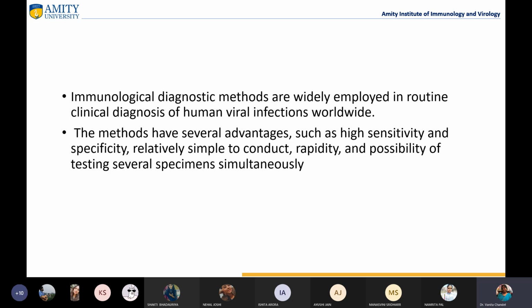So these are the terms which we very commonly use when we talk about diagnostics. We usually say that ELISA tests are very sensitive, but they are not very specific, as there is cross reactivity and many other problems. But when we talk about PCR, we always say that they are very specific and their specificity is high, right?